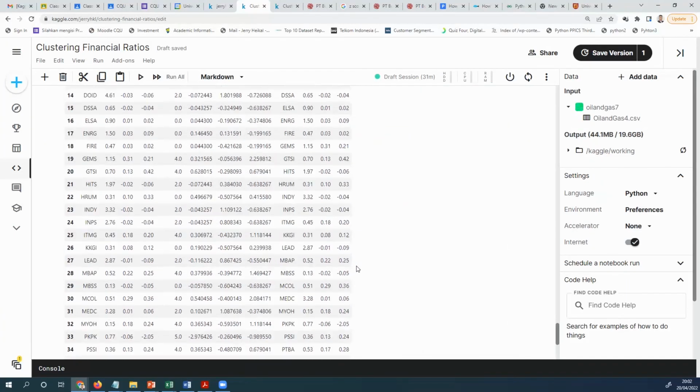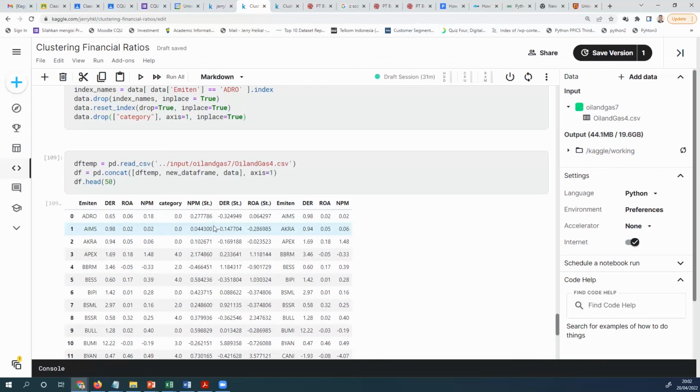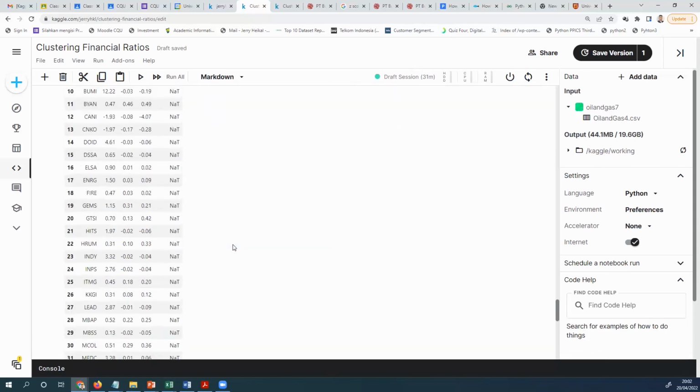So basically, you identify which cluster the company belongs to, and you can develop your decision-making solution. Which company is highly positively influenced by COVID, which is cluster 4. Which are the companies negatively influenced by COVID, which is